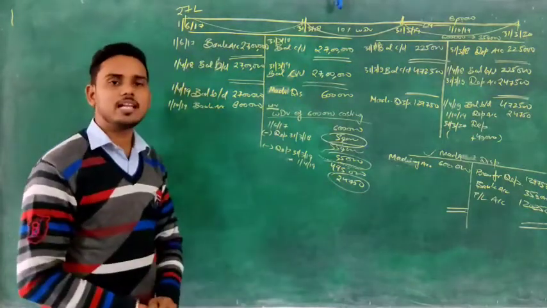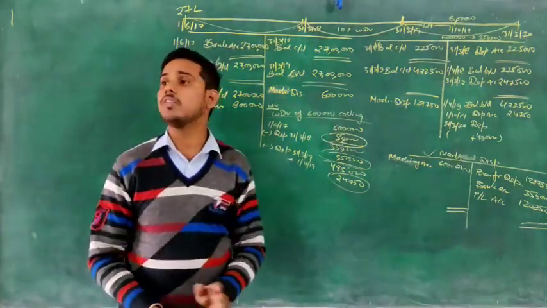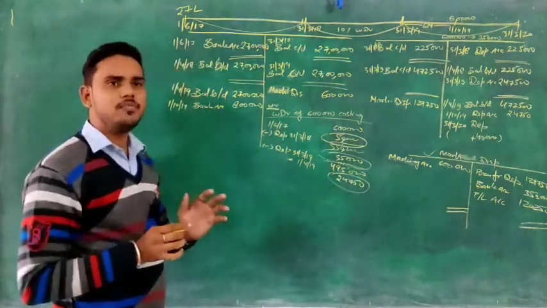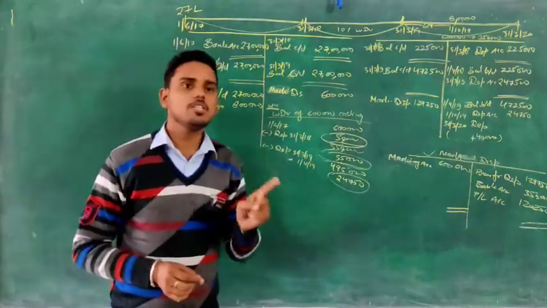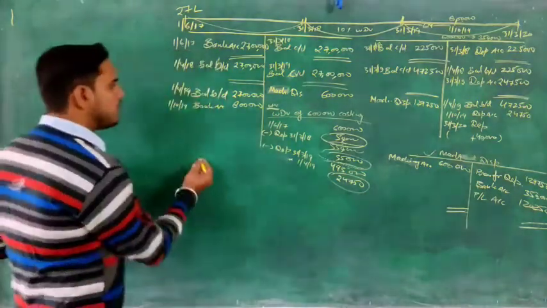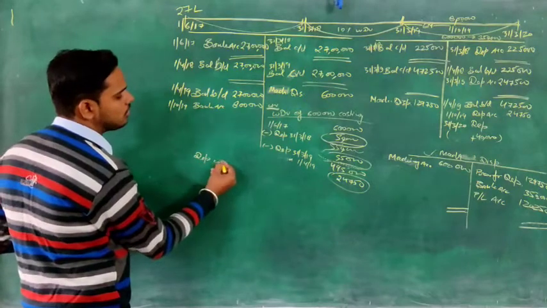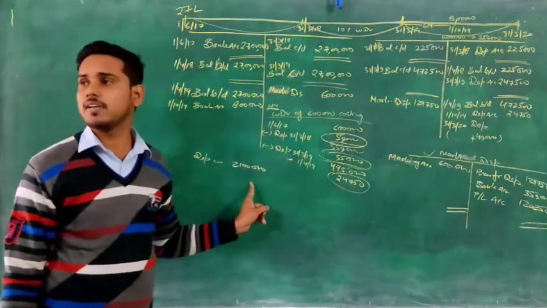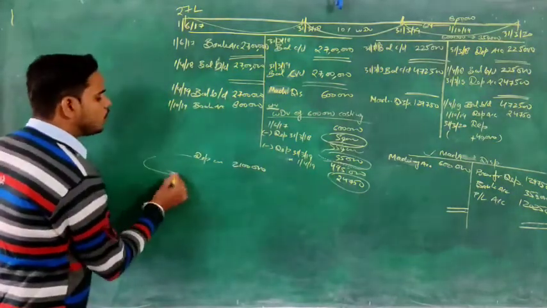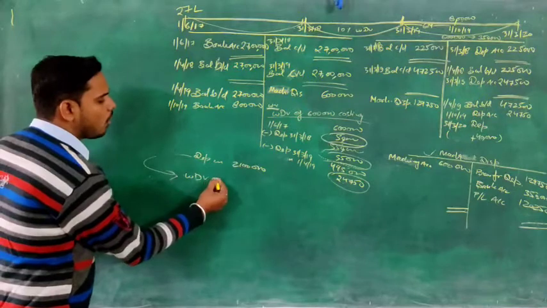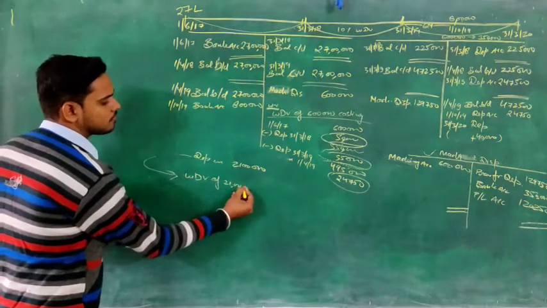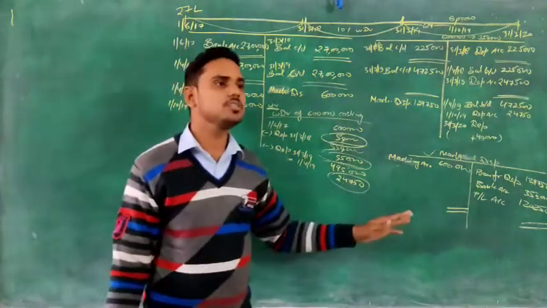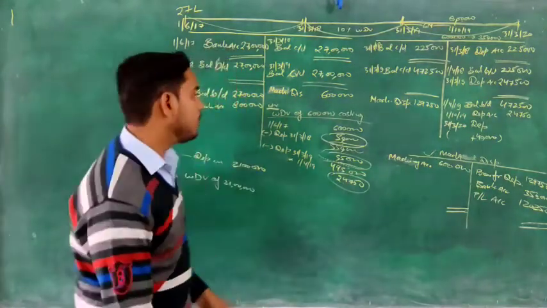The first machinery is 27 lakh now, and you need to charge depreciation on only a part of that. What is the part which you are having left? From this 27, we sold 6 lakh, right? So that means we need to charge depreciation on 21 lakh. But you cannot calculate 10% of this 21 lakh. Why? Because you need to find the WDV of that 21 lakh, and finding WDV means cost minus depreciation. Right? Getting my point or not?